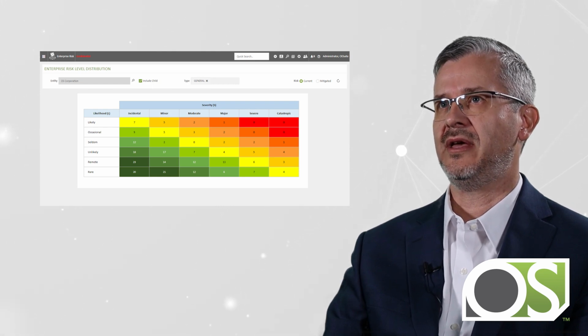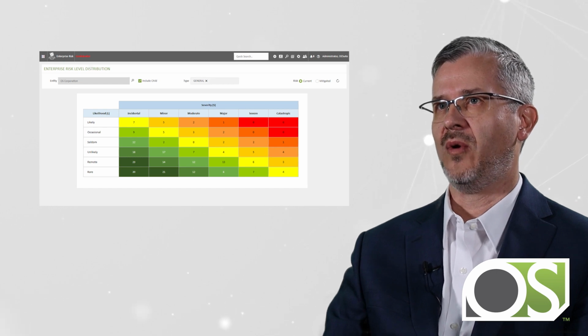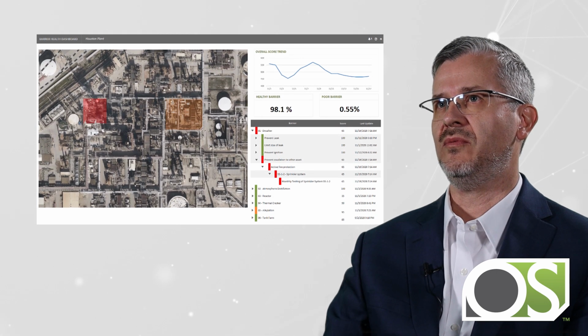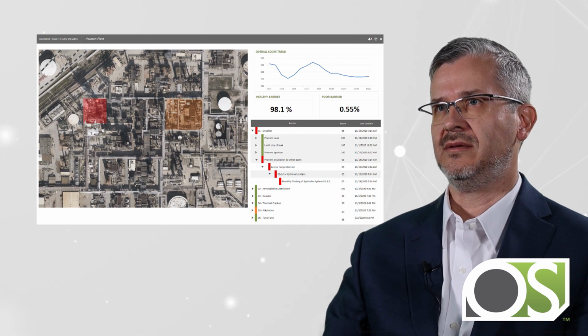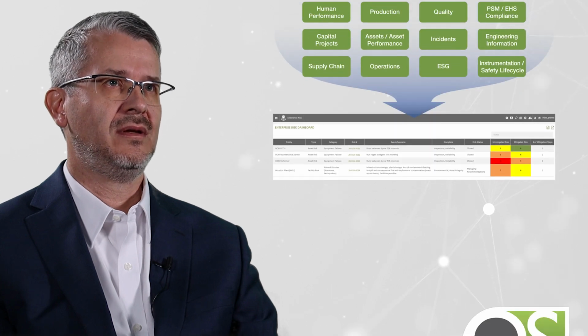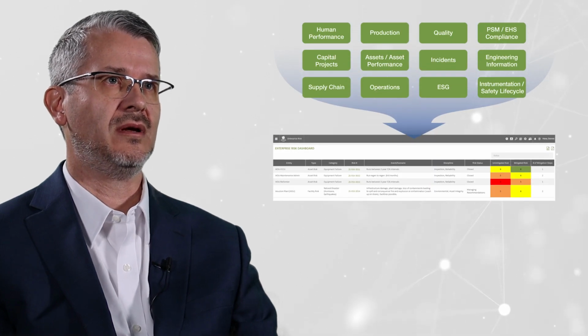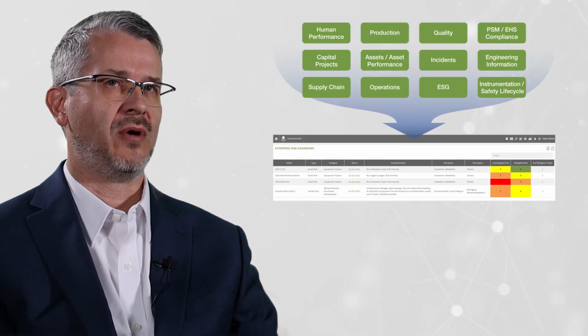And then how do you then turn that into a proactive means by which to measure the health of your safeguards and the barriers that you have that you're ultimately going to call on to prevent the risk from becoming a loss. When you go to put together all those risk contributors into a risk registry, the process risk module